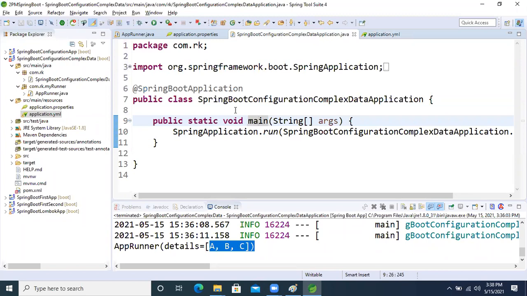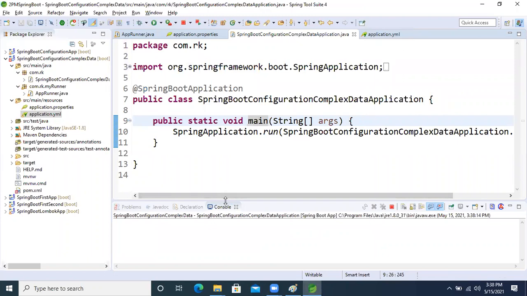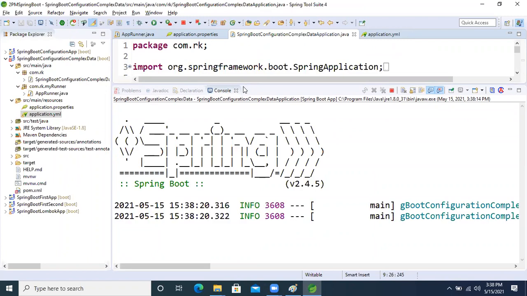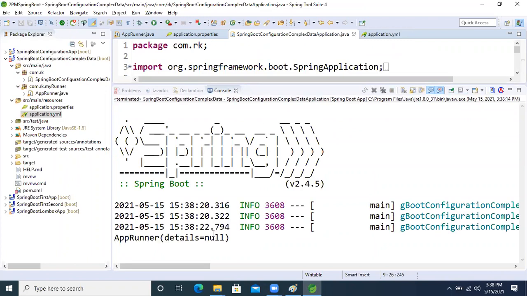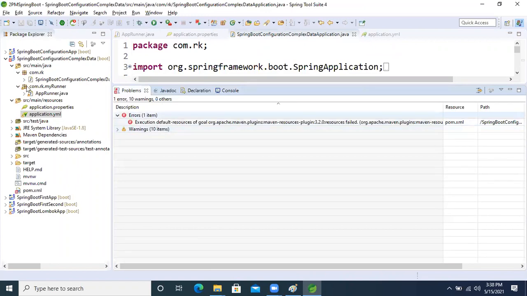Run the application, and we can see the same result on the console. Okay, no problem, guys. Same problem. Come in the problem section. What we are getting?